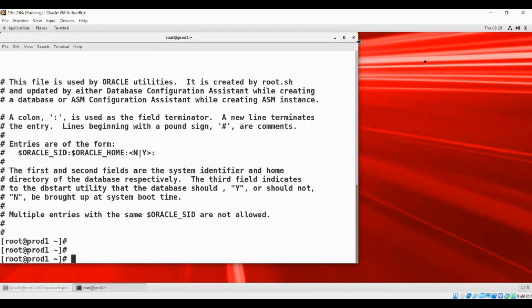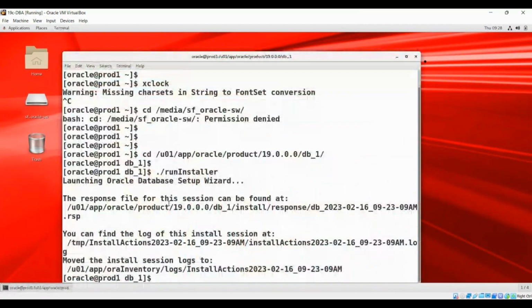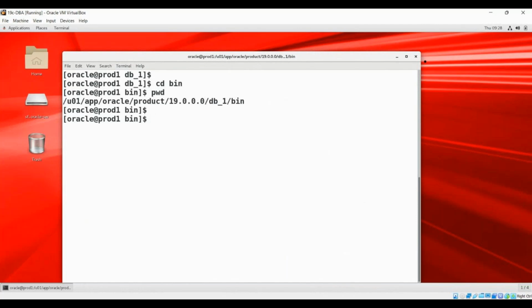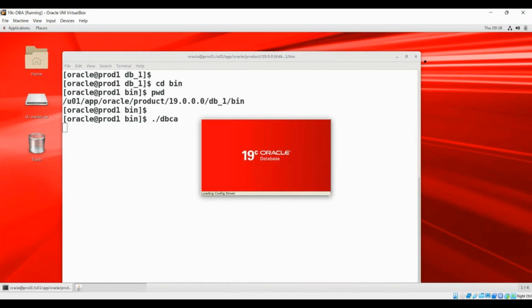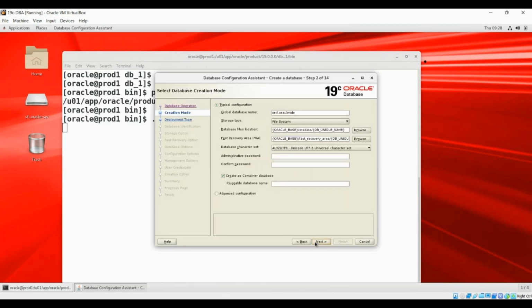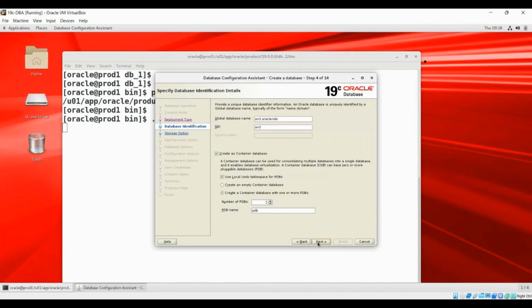So just close this terminal and open this terminal, clear, then cd bin, go to this location. So the whole location is this. Now here we have the DBCA tool, so we have to open the DBCA tool to create the database. So ./dbca. Here the first option is create a database, then advanced configuration, then single instance and general purpose, then